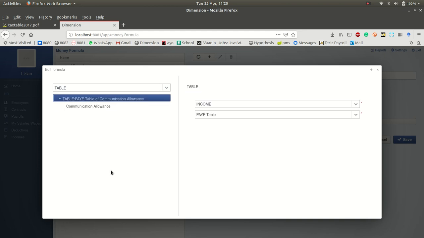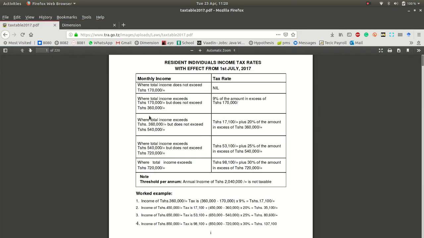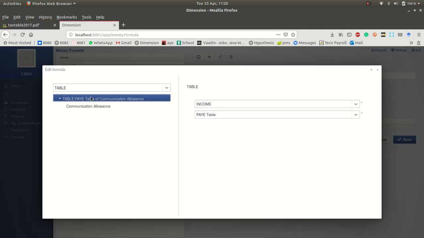Then, as you can see, now I've created a table of communication allowance. So that will mean that on that table, the amount that I'm going to use to compare is that communication allowance. Okay, this is just trivial, we're just playing around, but it shows you that you can actually create another table that you want, call it communication table, and create your formula based on that table to calculate your communication allowance. So instead of using percentage or fixed amount, you can actually also use a table. Okay,